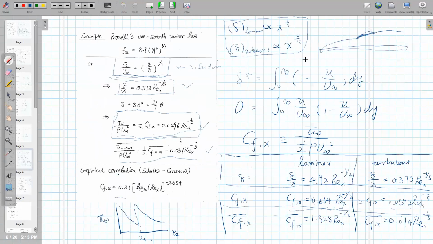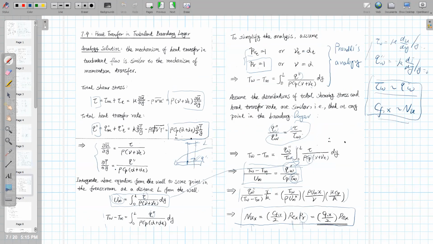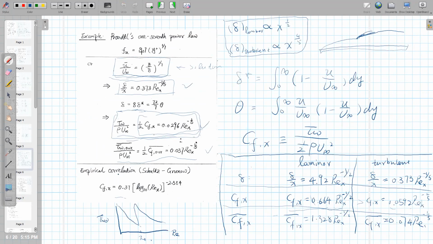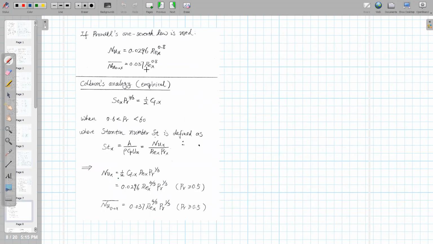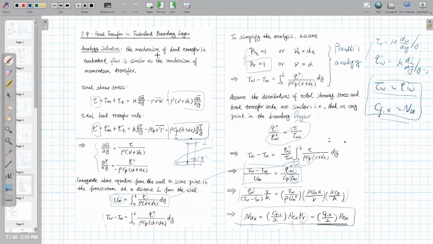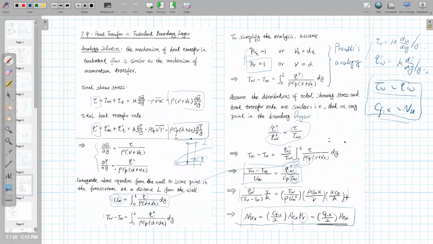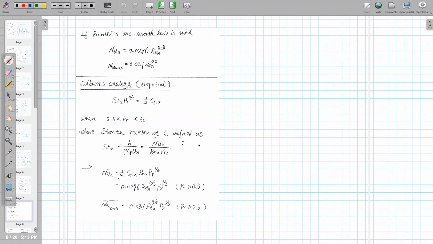Simple way. If you bring the previous result we have here, using Prandtl's 1/7 power law, you bring this correlation for the Cf,x, you can immediately get what the Nusselt number will be. You just have this 0.0296 here, and because this is Reynolds number to the power of minus 1/5, and you multiply by another Reynolds number, you will have Reynolds number to the power of 4/5, which is Reynolds number 0.8. So this will be the Nusselt number